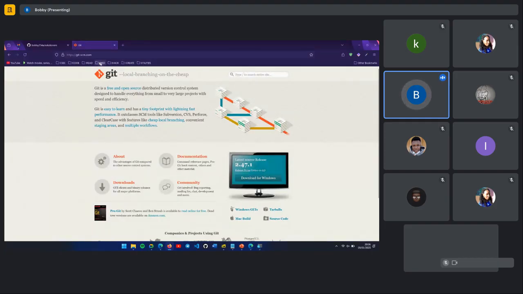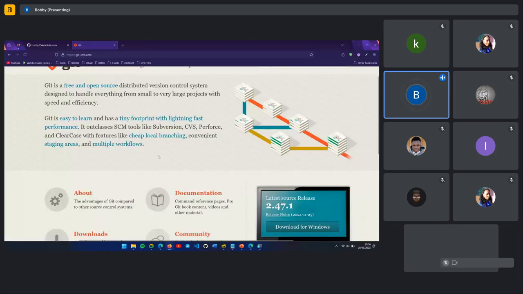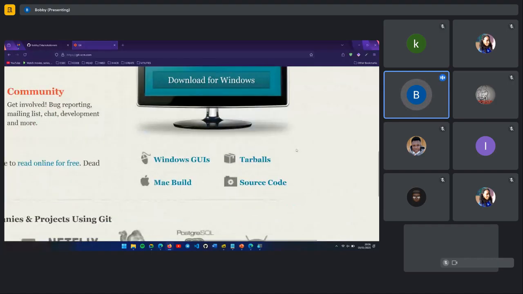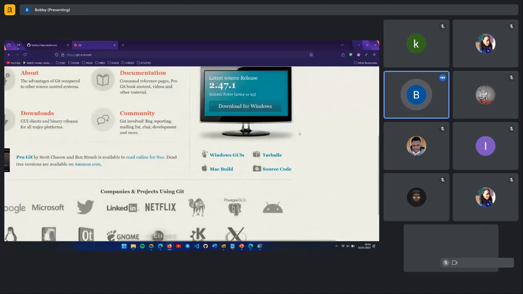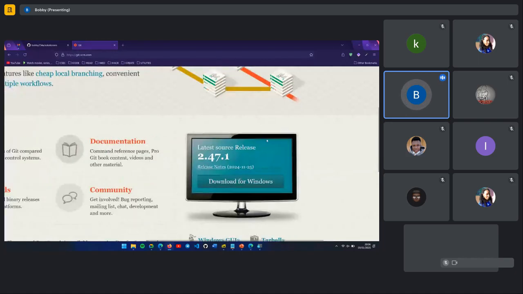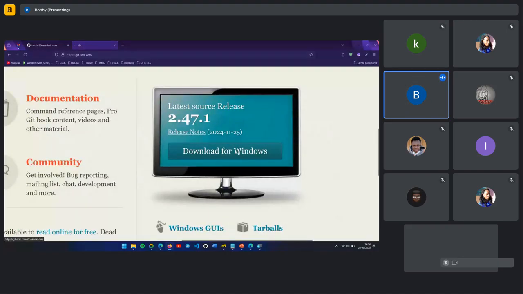When you go to git-scm.com, you will see something about download for Windows. That is, if you're using Windows, you can download for Windows. If you are on Mac, you can go to the Mac build. If you're on Linux, you will use sudo apt install git, and it will allow you to install Git on your Linux machine. But I believe most of us are on Windows, so you click on download for Windows,